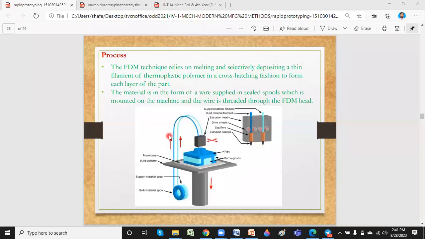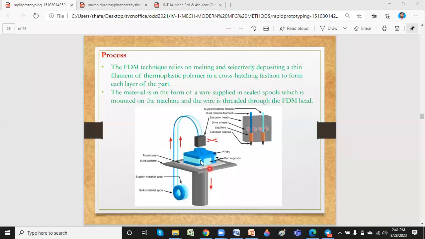The solid wire, which is called filament, is supplied through these two pipe-like sections and comes down to the portion where there is an arrangement for heating. Once it's heated, the entire wire material is converted into liquid, and that is extruded out of the nozzle.